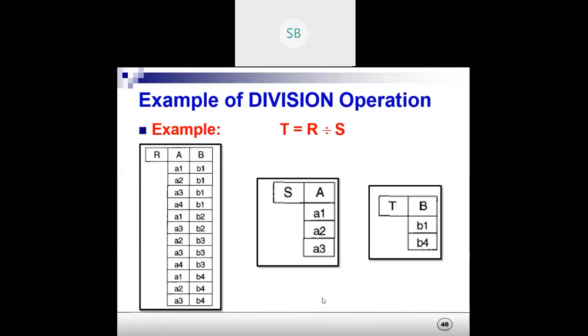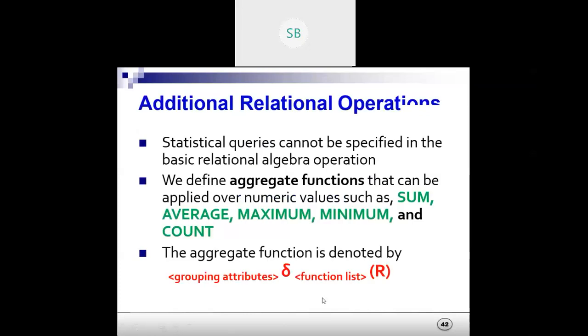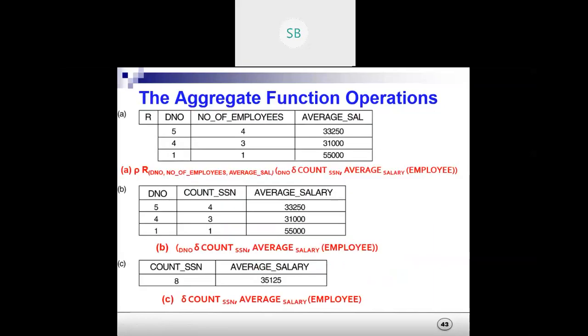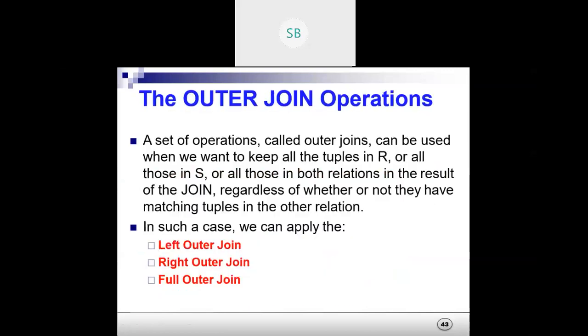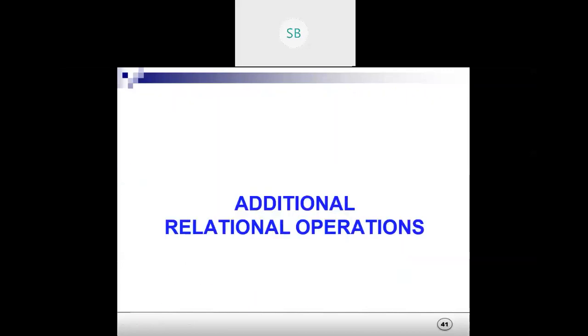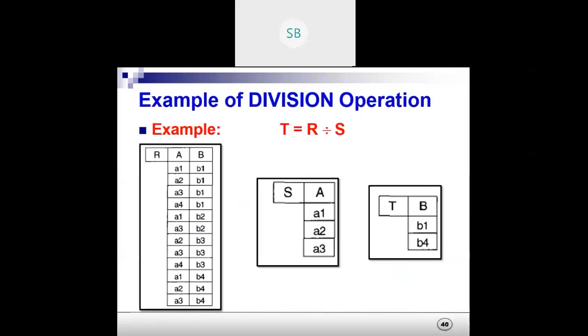Like this, we are left with the operations for sum, maximum, minimum, count, and how we go for them. But today I'll not discuss it; we'll leave it for tomorrow. Once this is done, we can go for solving problems, and we'll take questions from GATE.